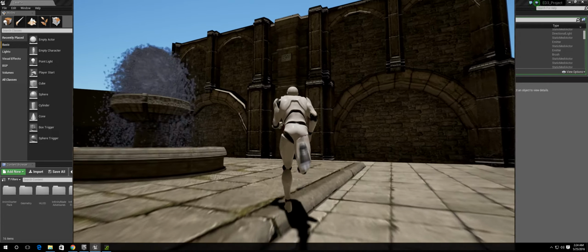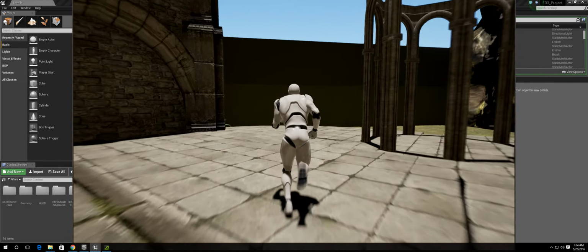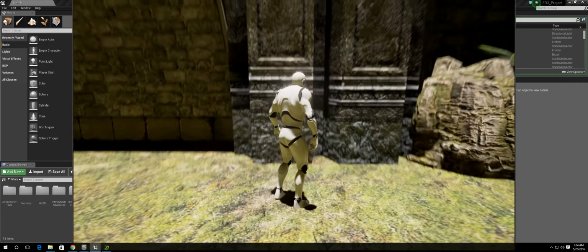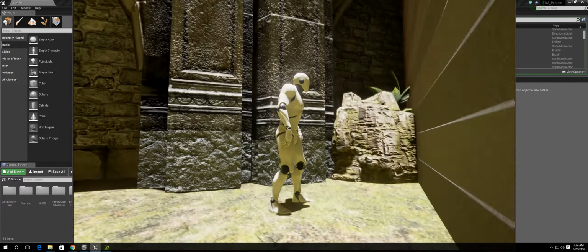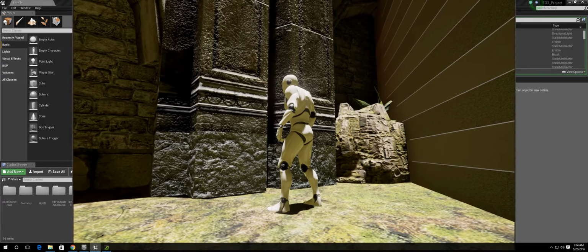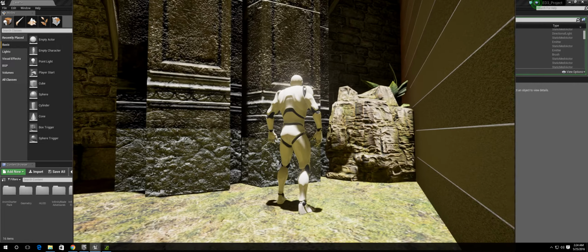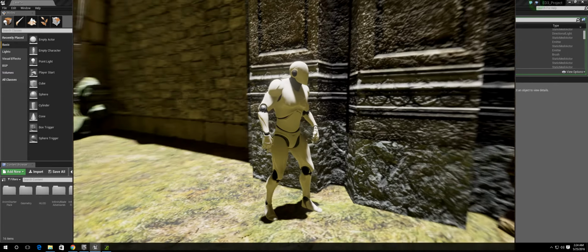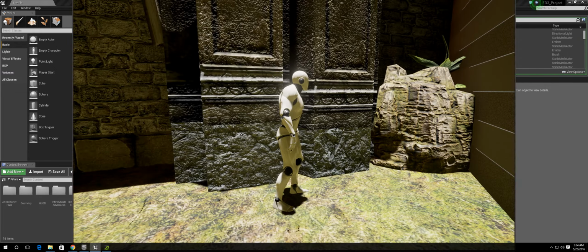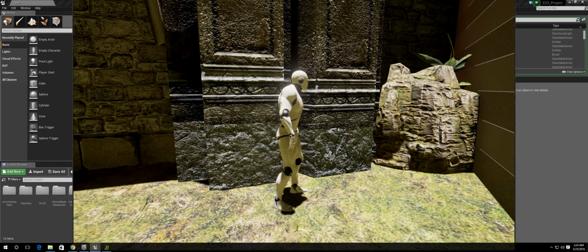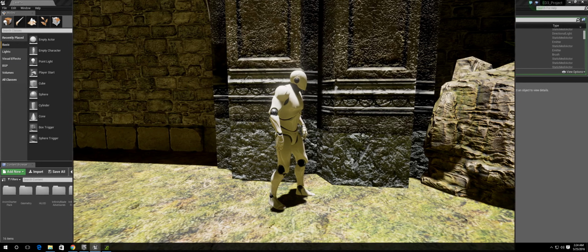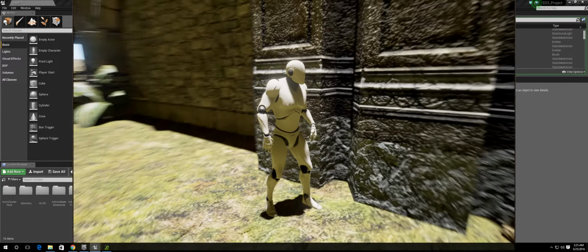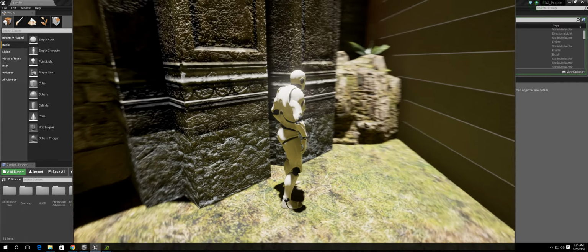This is a building that was made completely out of assets that I found online, except for the bottom of these column things here, where you can see the textures are slightly different and a different shade. These down here are actually custom shapes that I made in the editor. I started them off as cubes, and then I scaled them to about the size of the base of the pillars here, a column, and then I used